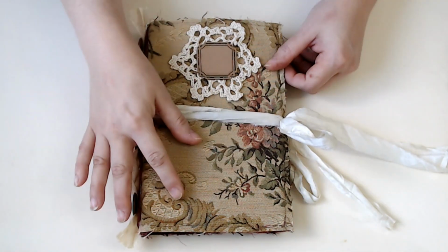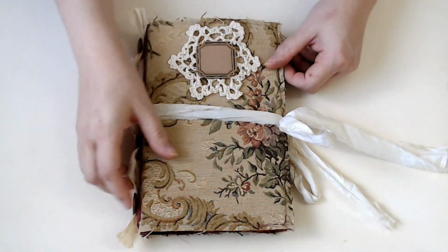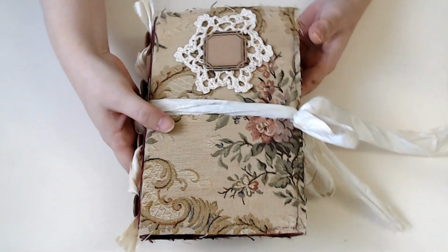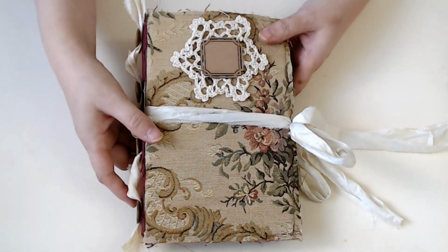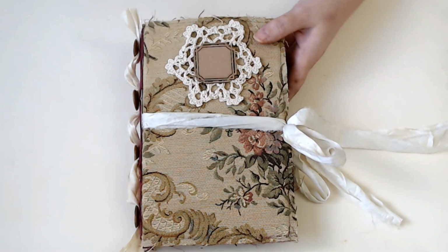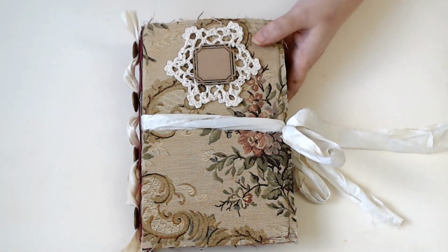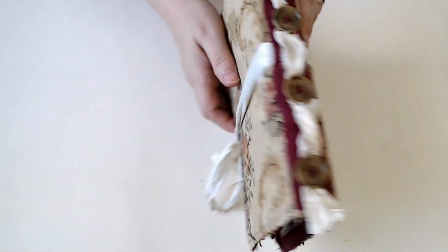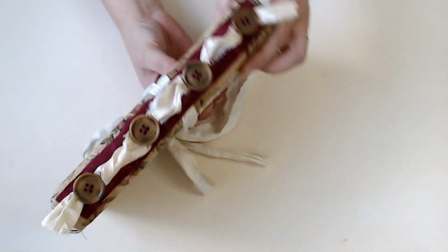Like I said, this is upholstery fabric, so it's really nice and thick. I don't know how old it is, but it was in a set of vintage fabrics that I got that were from like the 50s to the 70s, I believe. And it's all stitched in. I'll show you the inside in a second. The spine,